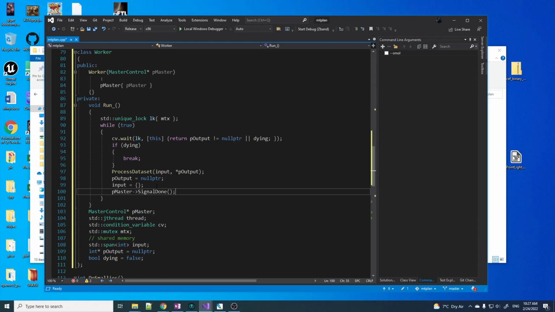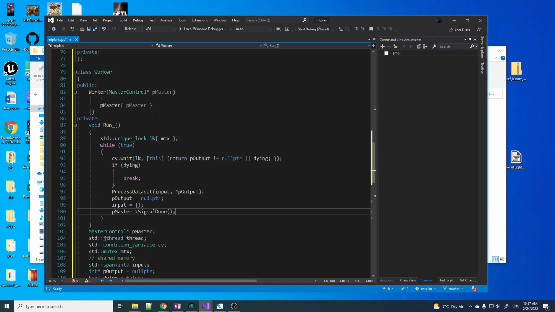And then we're done. Once we're done our work, we go back up to here and we wait on the condition variable. And it will wait on this condition. It's not null pointer because we cleared that pointer. So it'll be sleeping until we get another job. And that's it. That is, oh wait, that's not it, because now